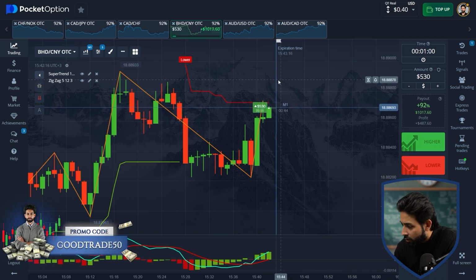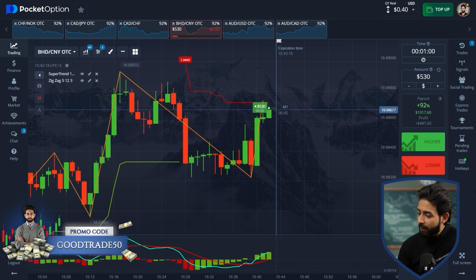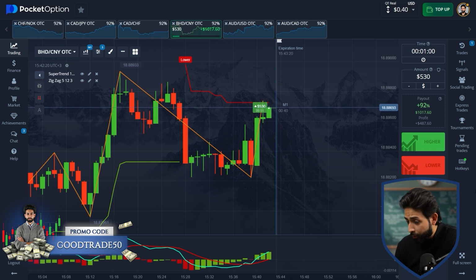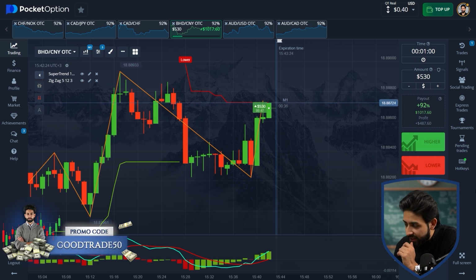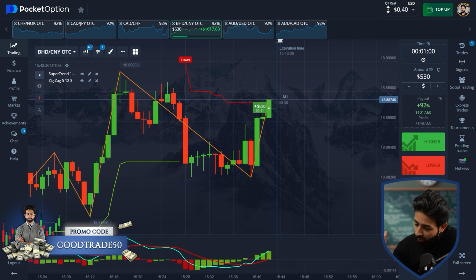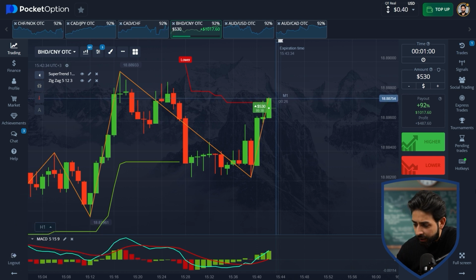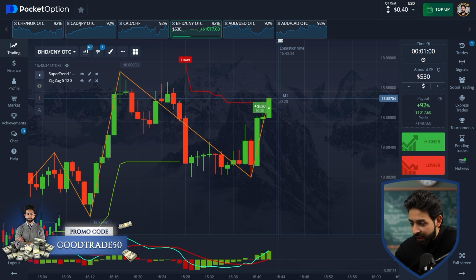Good entry. So over here we're expecting a breakdown of the super trend line. That's what we're observing over here. The zigzag and MACD have already given signals for growth. It has started, and we see that on large volumes we are going with the accumulation. So we go for growth because all the indicators, the MACD particularly, are telling us that there is growth, and with an investment of 530 we will be taking out